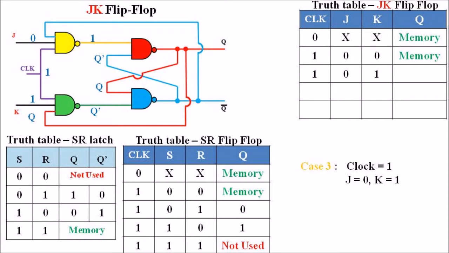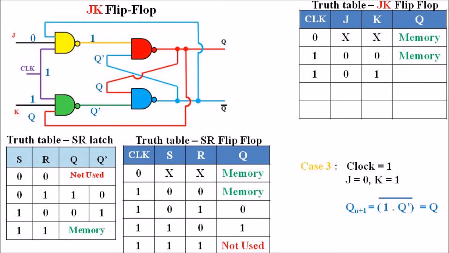So now, if we consider the circuit diagram itself, the Q output is provided towards the blue NAND gate and the Q complement output is provided towards the red NAND gate. Now the output of the red NAND gate can be considered as Qn plus 1. So Qn plus 1 represents the next state. This Qn plus 1 depends upon (1 dot Q complement) the whole complement. (1 dot Q complement) the whole complement means 1 dot Q complement, that is Q complement itself.